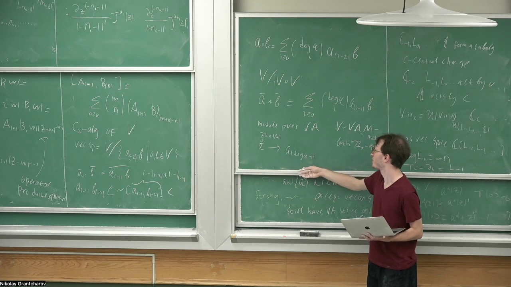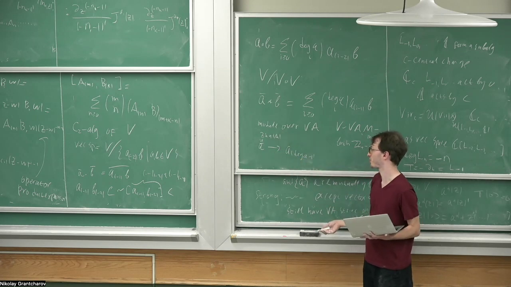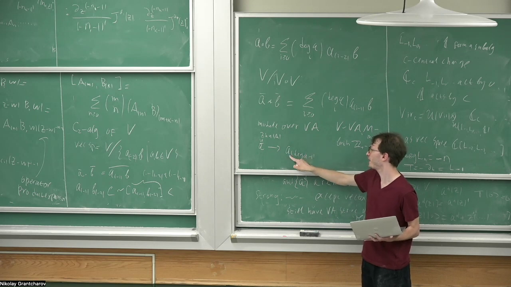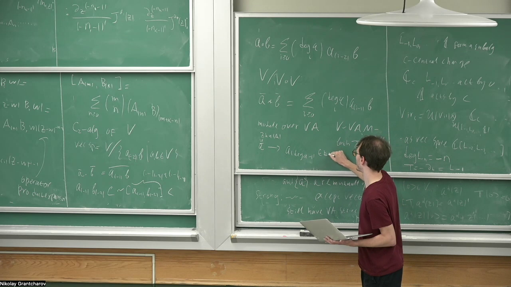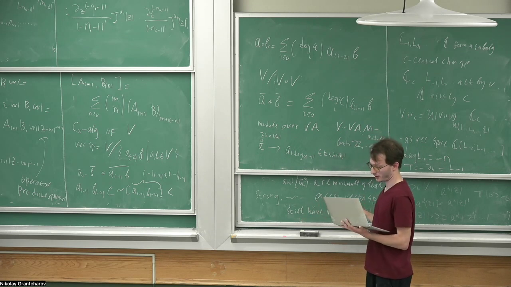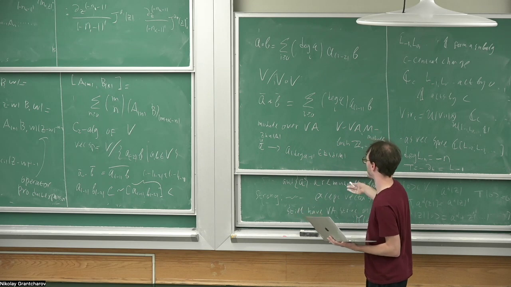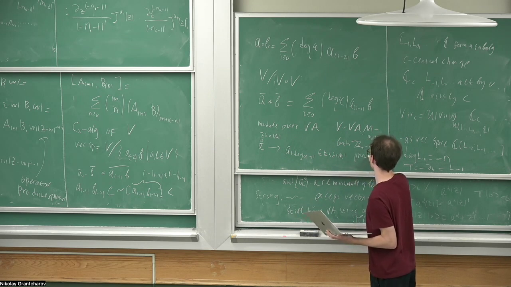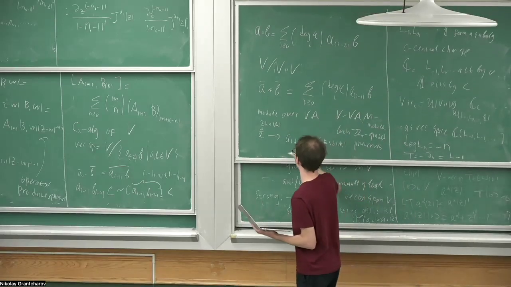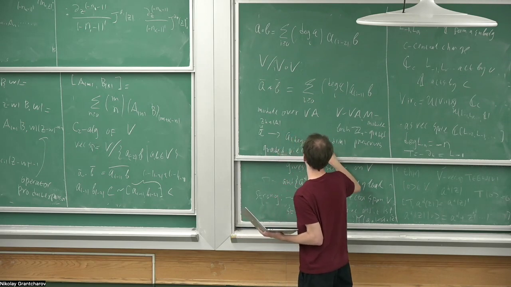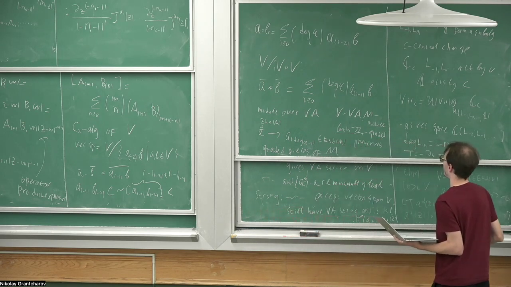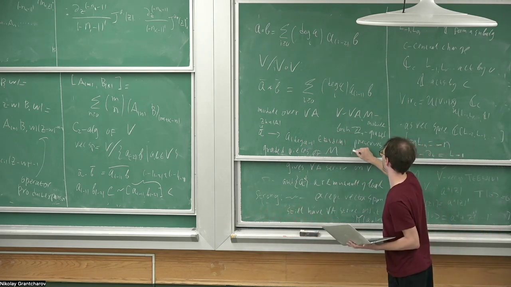A part of the definition of a module is that I also have fields. So each element of my algebra A gives endomorphisms of this module M. It turns out that it preserves graded pieces of M. And if you take the lowest degree piece,